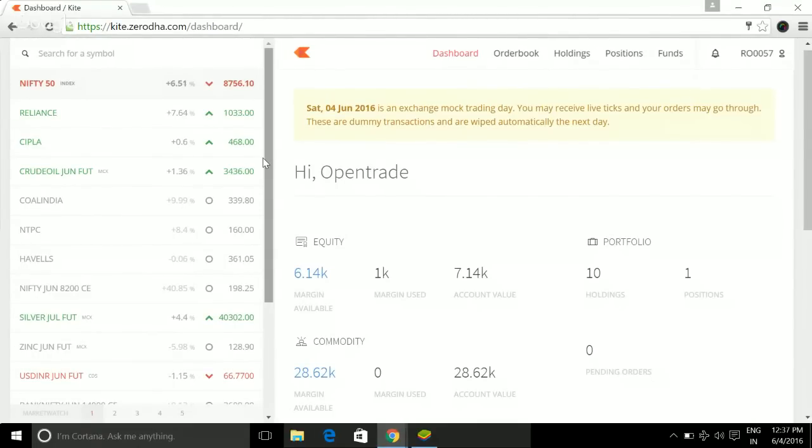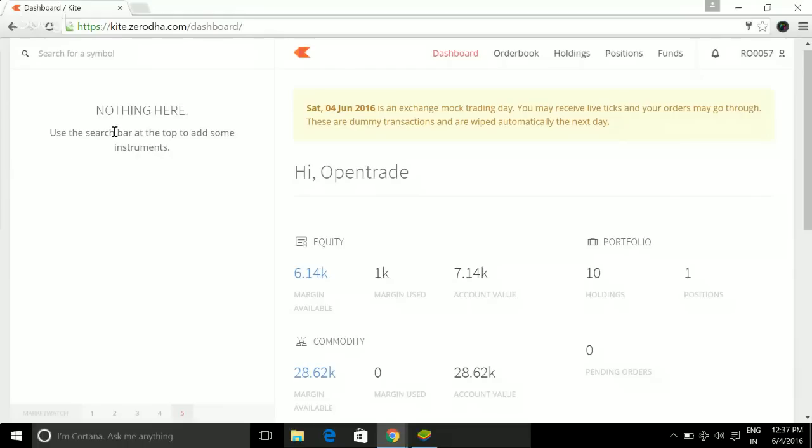So yeah, now I have added a bunch of stocks on my market watch here on the left, right? But typically if you land on a market watch, this is how it'll look. It'll say nothing here, use the search bar to enter, right? Now I think the search bar again is probably the first of its kind in India. It's quite cool, actually. So for example, if I want to search for, say, let's start with the stock,